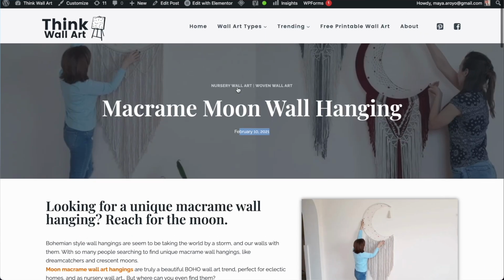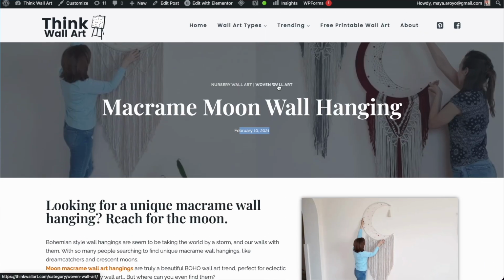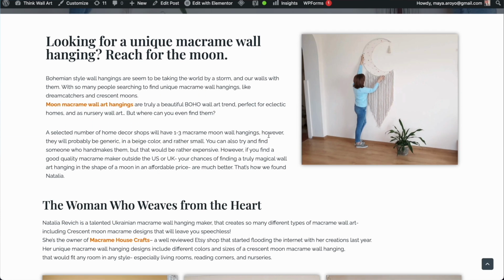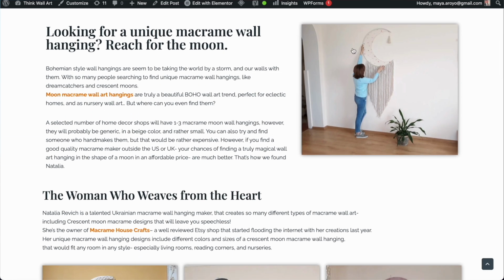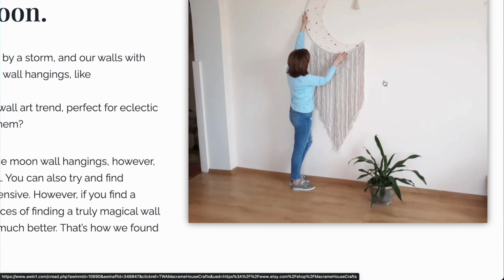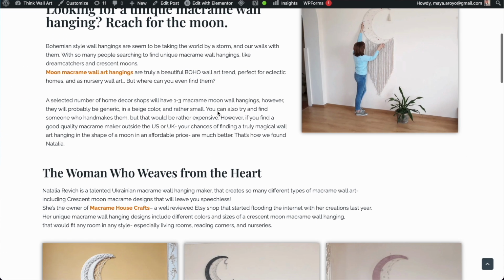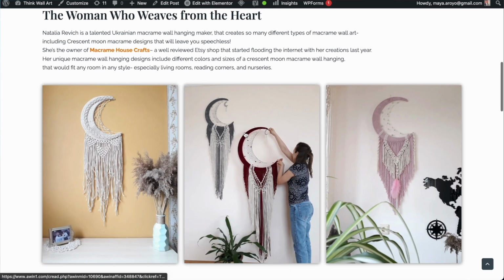This post belongs to 2 categories, woven wall art and nursery wall art. Because if someone comes to this blog and searches for woven wall art category, they would like to see this. This is a beautiful moon that is woven. I love that word. And if someone comes in and is looking for ideas for their nursery wall art, this will